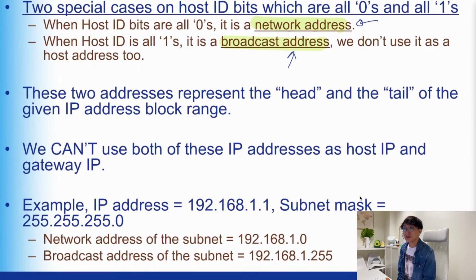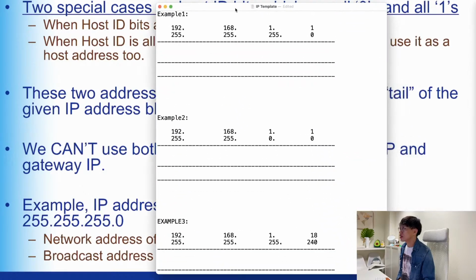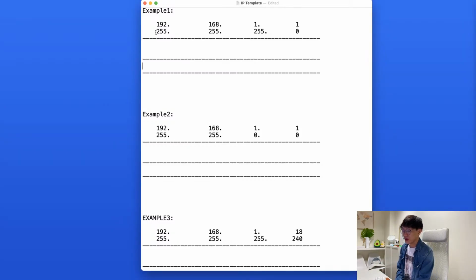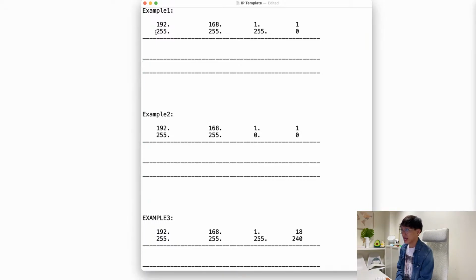Okay, now next part here, I want to show you some technical examples on how we get these two numbers. Over here I will have 3 examples for you. Now there are 2 ways you can do this. Either you write this on a piece of paper, or you can also use an iPad if you have an